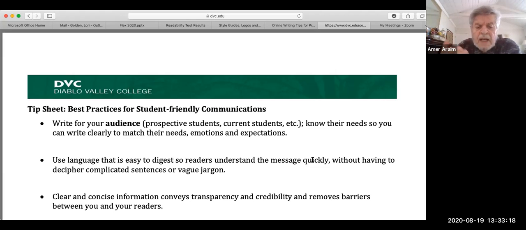there is a liaison office with the high schools. And I suggest that if you have any promotion program, you have to get the support of the liaison office in DVC with the high schools so they can communicate to the high school students, because we would like to see as many students from the high schools participating in